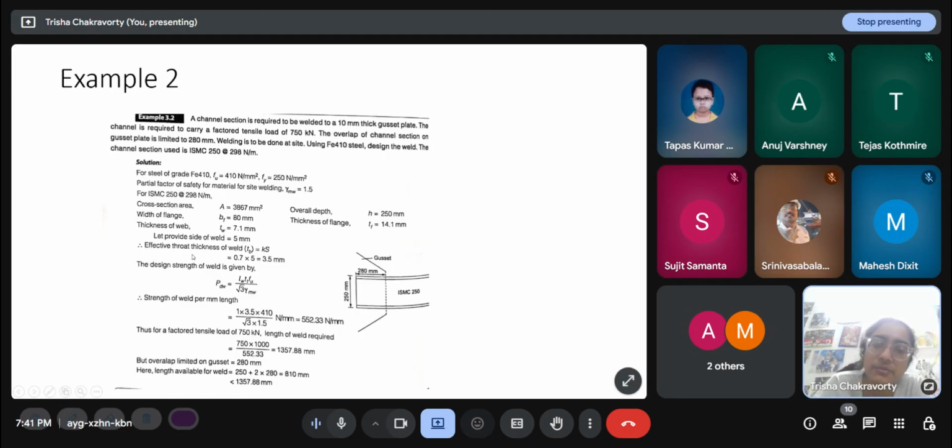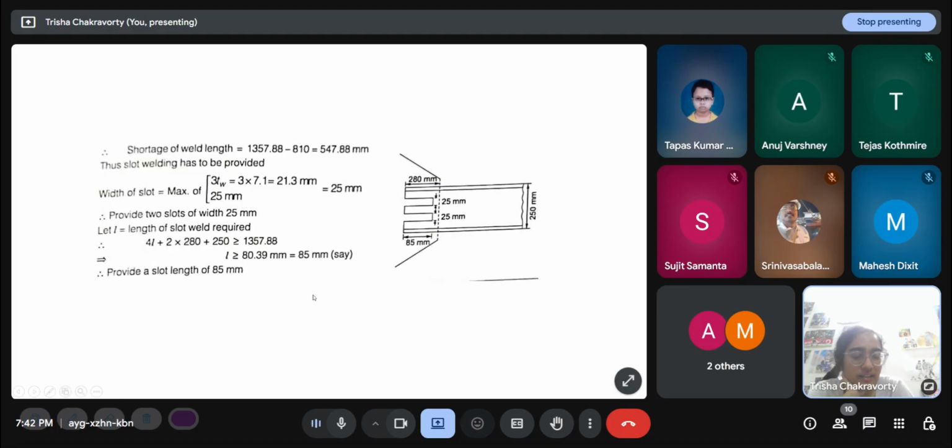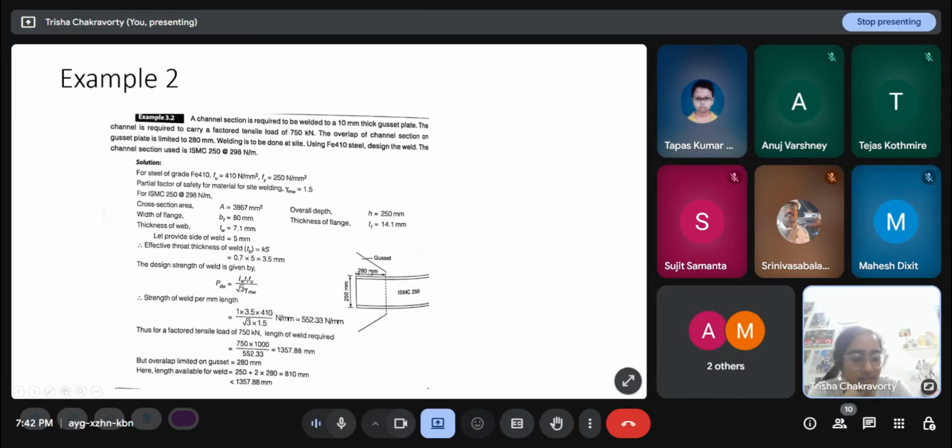Of course, you cannot assume 50 or something ridiculous. There has to be some idea of the general range of the dimension. But you could also start with 4 or 7. Design does not have a single answer. One person can design it with 5 and put slot welds. Another person might design it with 8 and see that no slot weld is required. This is enough. So both answers are correct. Is that all right? It is clear.